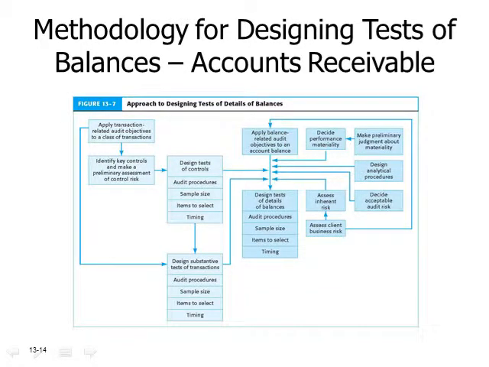And so this is just another slide, and it really talks to designing tests of details of balances for the accounts receivable balance again. And so here you can see the general types of tests that are done up front. Items like identifying the key controls and making an assessment of those controls with respect to control risk. Designing the test of these controls. Using the information from those to design the substantive test of transactions, and then to design the test of details